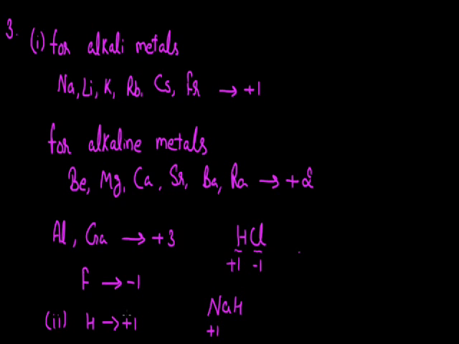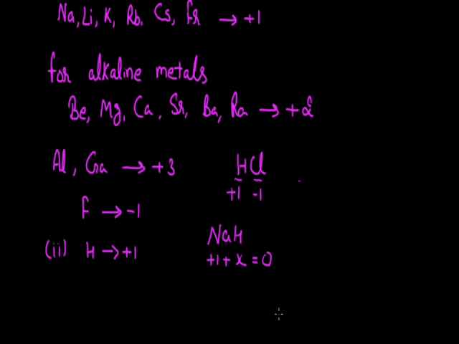Now we have the value of the oxidation state of hydrogen also in this table, but here the oxidation state of hydrogen depends on sodium since it's coming in the lower priority. We cannot put the oxidation state of hydrogen as +1 directly. Here the oxidation state of hydrogen will be X, and to make the total charge 0, the value of X will be -1. So here we can see that hydrogen in general shows the oxidation state +1, but if it is present with alkali metals, alkaline earth metals, aluminium, gallium or fluorine, then in these conditions its oxidation state depends on the other element present there.